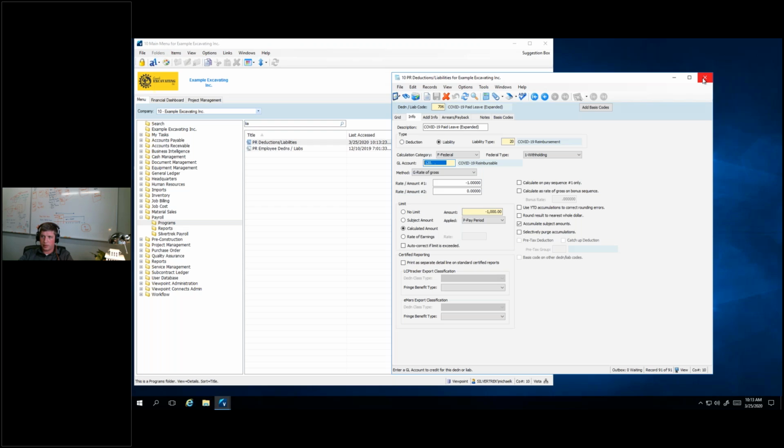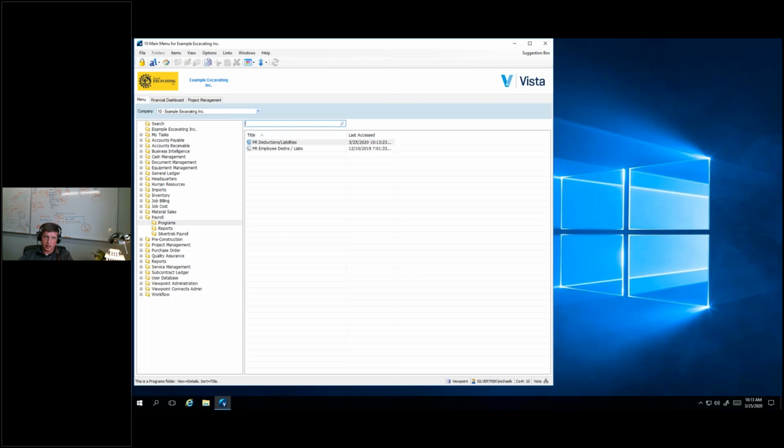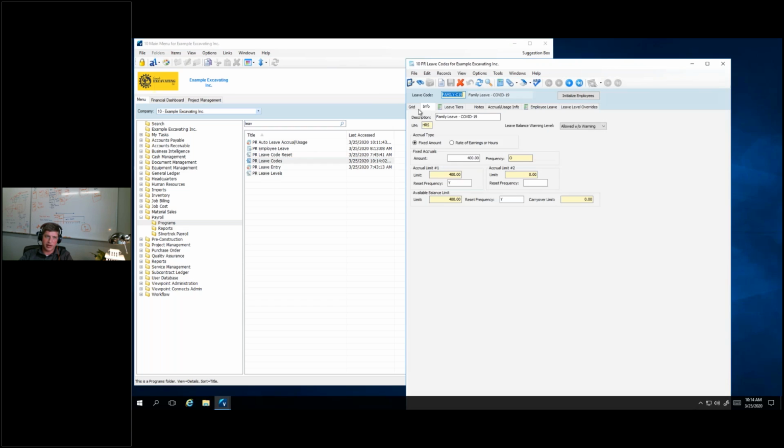Okay, then the leave, we have to have a separate leave code here. So we did set up a separate leave code for the family. So this is family C19, family leave. We get 400 hours. And we recommend that rather than initializing this for everybody, that you initialize the employees as